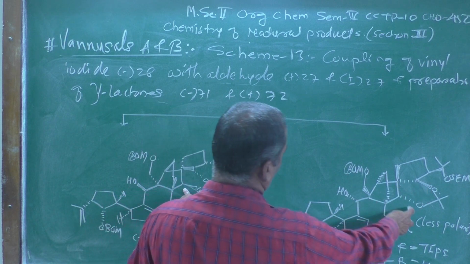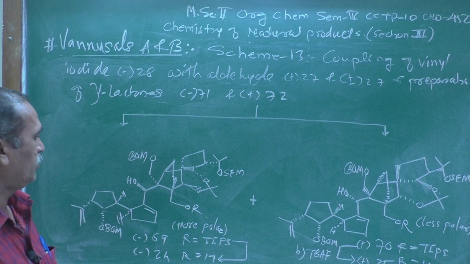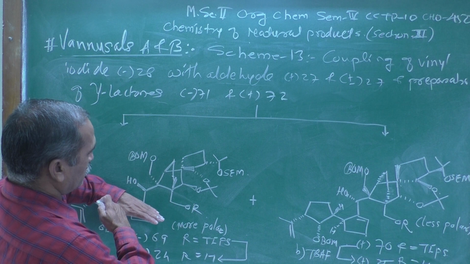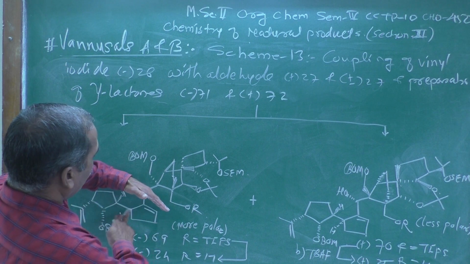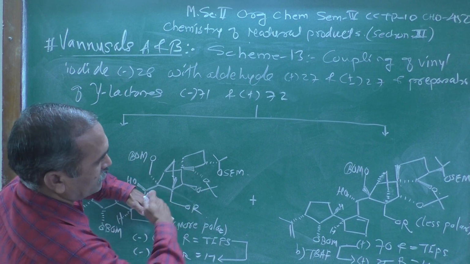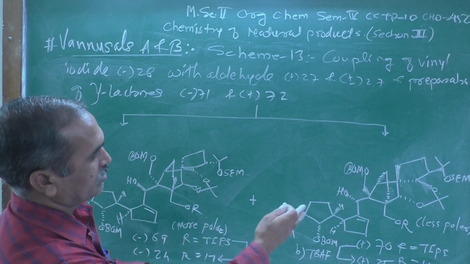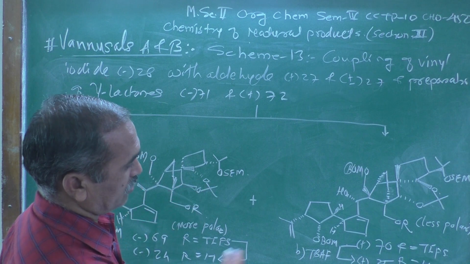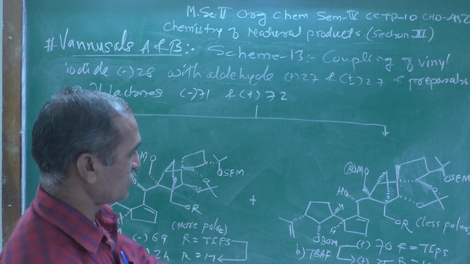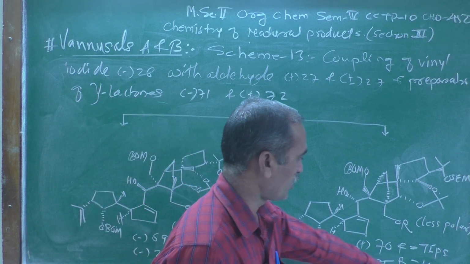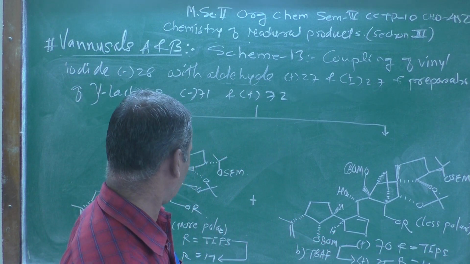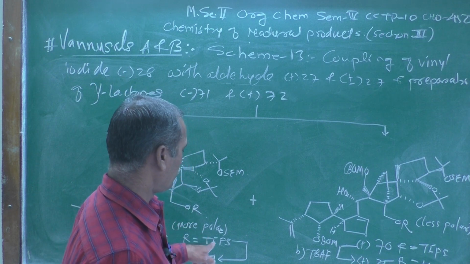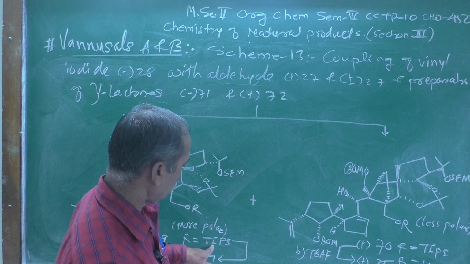Above the plane, below the plane, those are the changes exactly on this side. This part of the molecule, the A and B ring, there is no change, but on this side, D and E, these are the changes, that is, diastereomeric changes are there. Here we got this one, B reagent at 25, R is equal to H, and this is structure number 69, where R is equal to TIPS,